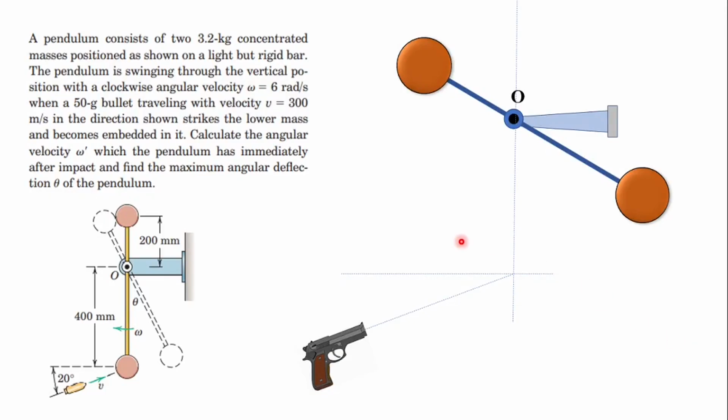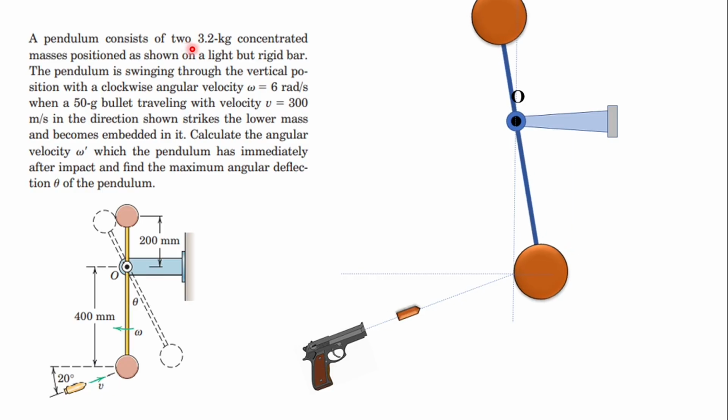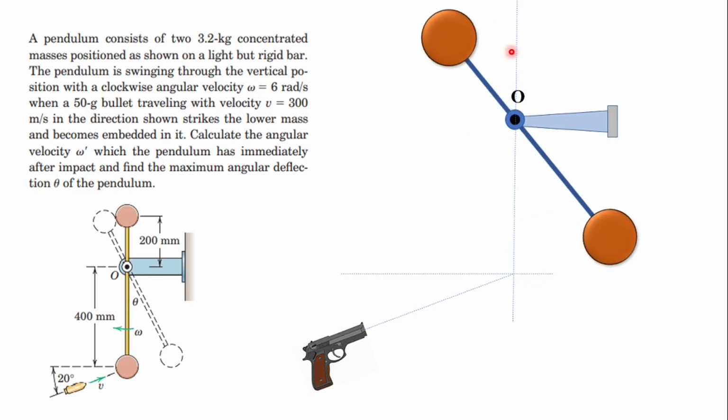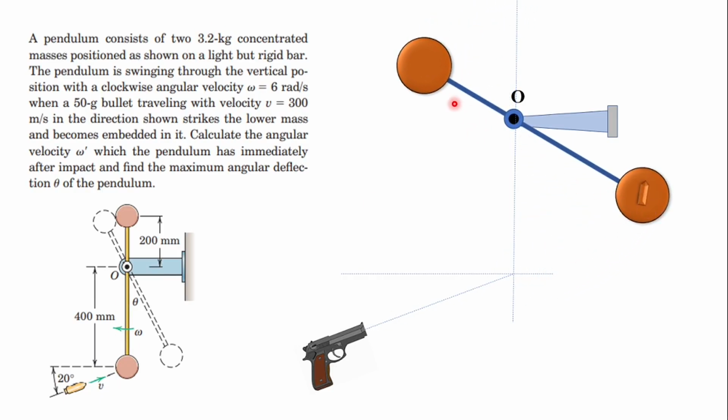In this video, we'll see the basic concepts of conservation of angular momentum and then how we could solve that. The problem is stated with a pendulum consisting of two 3.2 kg concentrated masses positioned as shown on the light